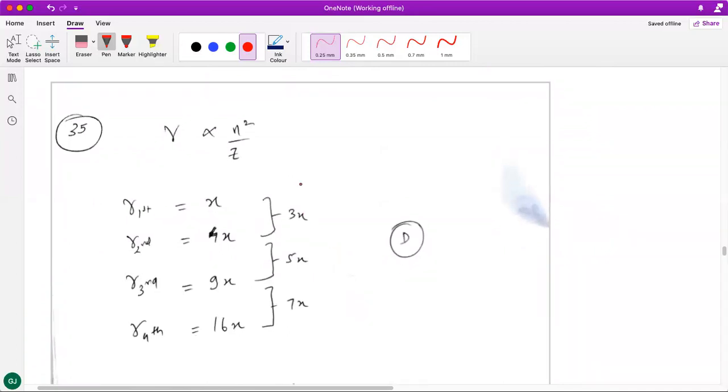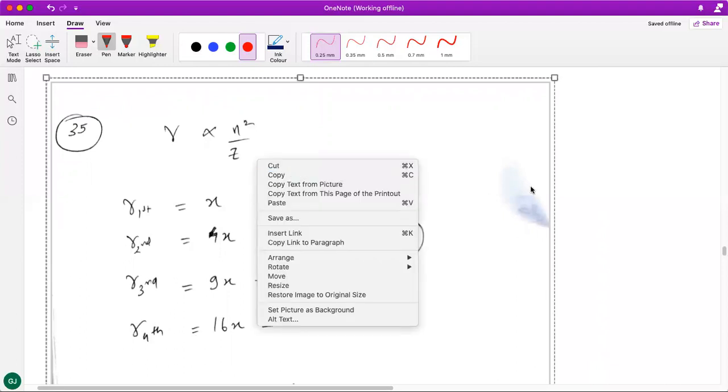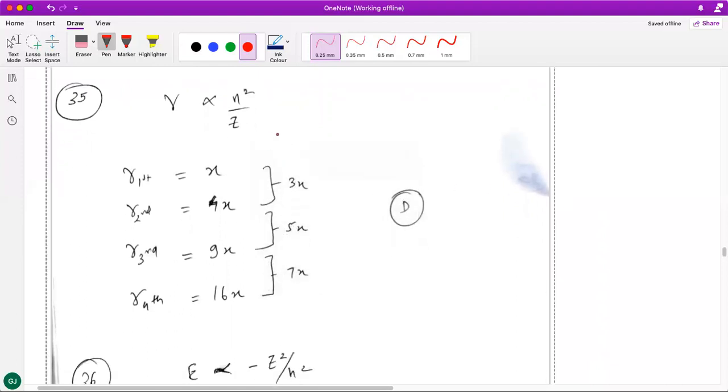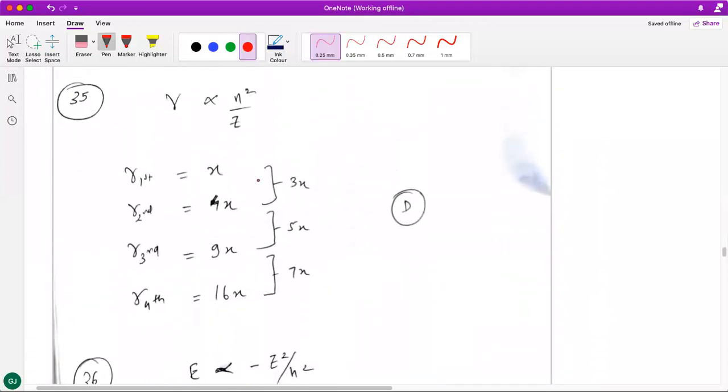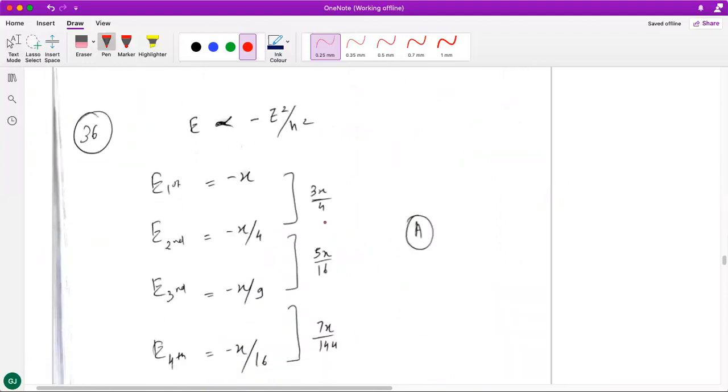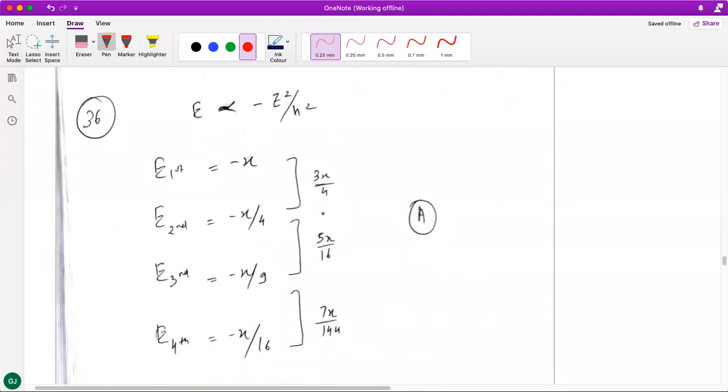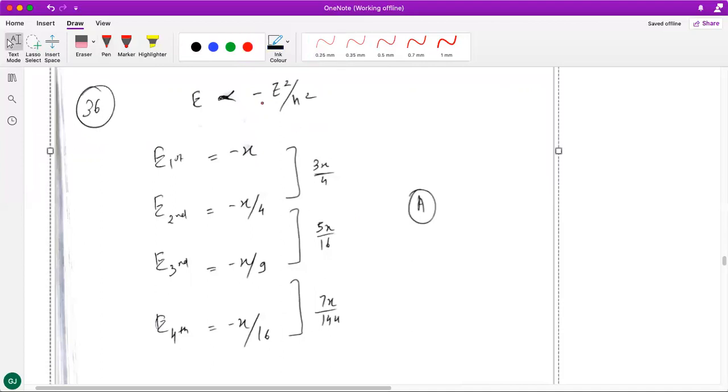35th question is pretty straightforward. This is something that we discussed in the class also as part of the radius diagram, and the 36th also as part of the energy diagram, right, in which we highlighted the fact that the gap in terms of distance between successive orbits increases as we go away from the nucleus, while the gap in terms of energy between successive orbits shrinks as we go away from the nucleus. This is something that we discussed in the class itself. Same something proportionality के फॉर्म में आपको ये समझ में आ जाएगा.